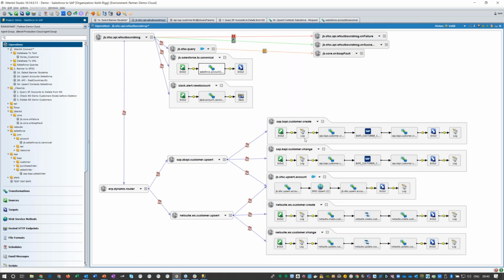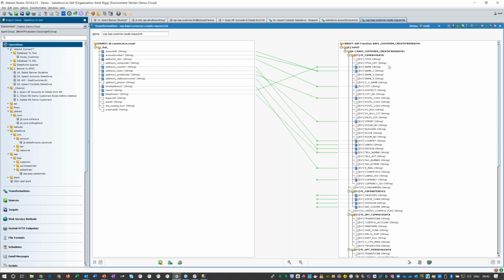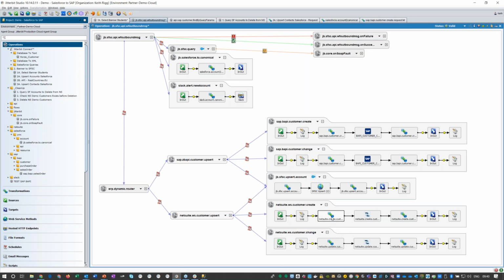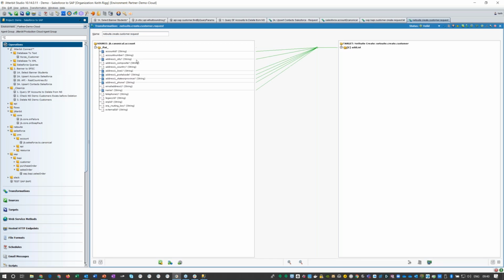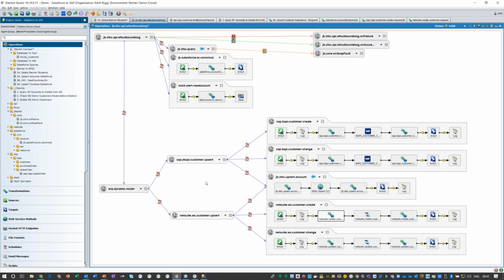And then what we do lower down, if we jump into the dynamic router, tells us whether we're going off to SAP or over here to sales, so it's NetSuite. If we look at the customer create structures, you're then coming off the canonical model and then into, in this case, SAP. And likewise at the customer level on NetSuite, the same again, the same canonical model over into now the NetSuite structure. Now the power of that is that you've decoupled Salesforce from SAP and NetSuite.